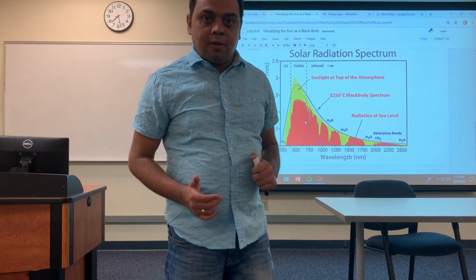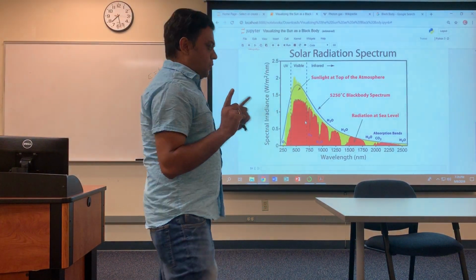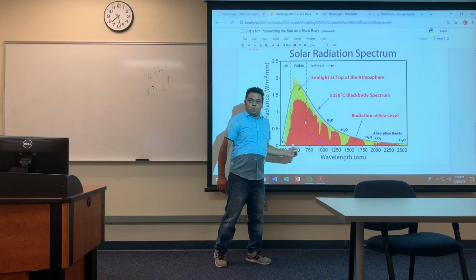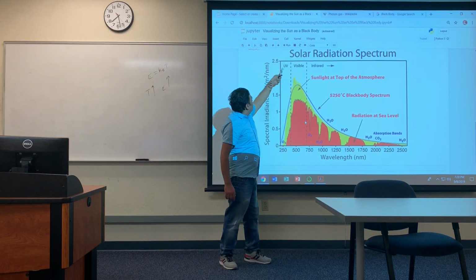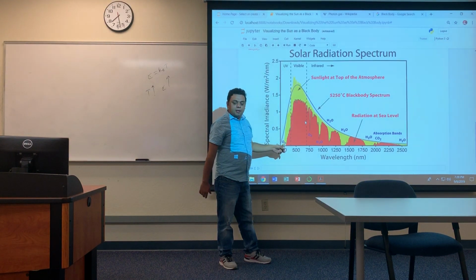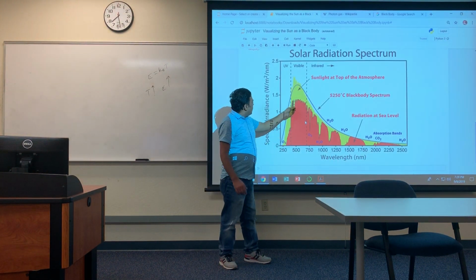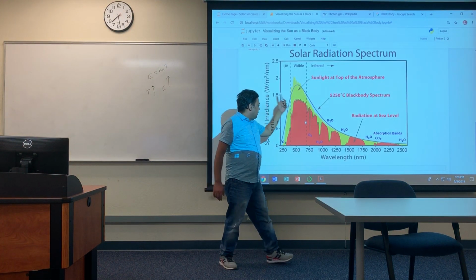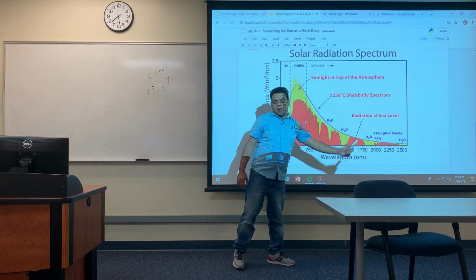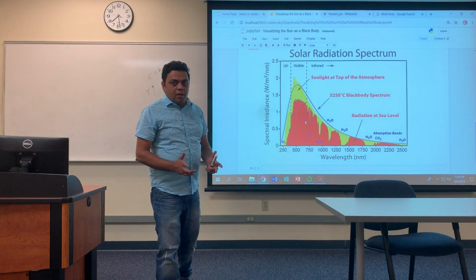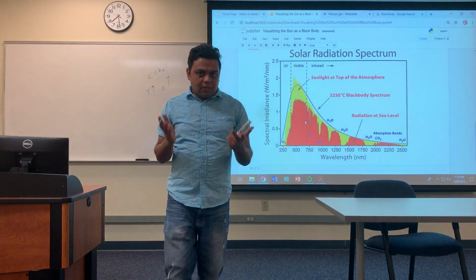So it turns out that the solar radiation contains photons, discrete energy packets, right? Those photons are distributed in terms of wavelength or energy, and as you see here, the UV photons are less in number. They might be high in energy but less in number, and visible photons are maximum in number and a little lesser in energy. And the infrared photons at the right end are less in number and less in energy as well. So as engineers, that's important for us.